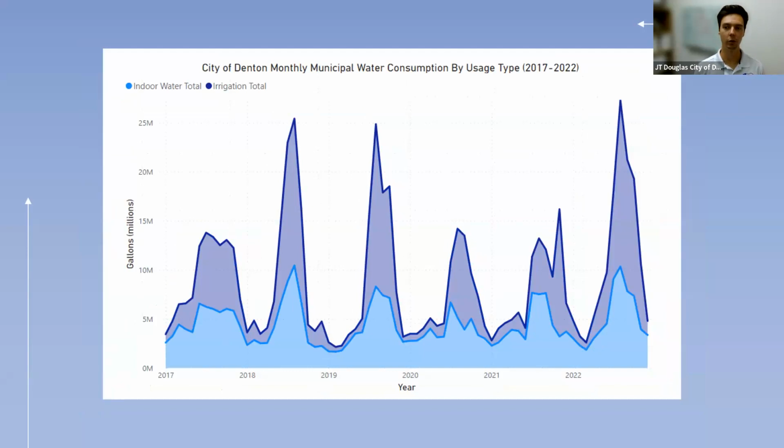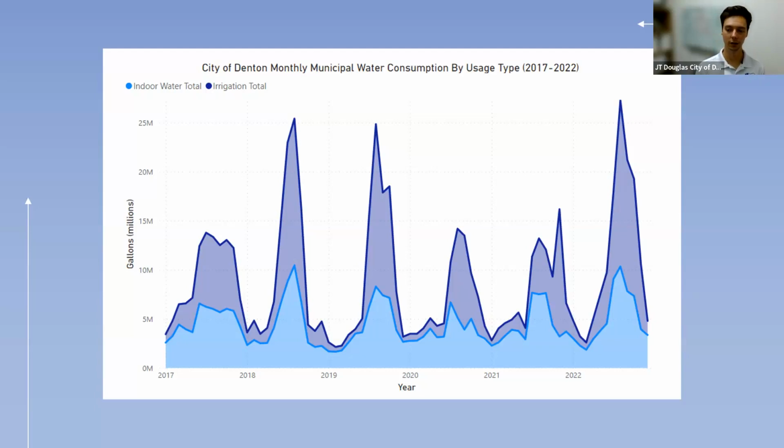We've got monthly municipal water usage by type. So we've got indoor water usage and we've got irrigation. And so now we can see that indoor water usage, more or less, is staying pretty consistent through that time. We've still got those summer peaks. When we talk about irrigation, though, now we're talking about something else. So we've got those very large summer peaks. And so again, this is exactly the same information that we started with, but now we can start making some assumptions about this, maybe making some decisions based off of this.